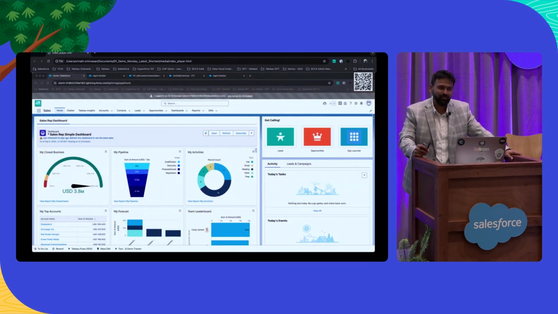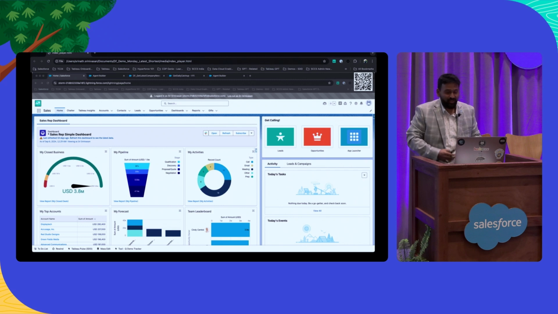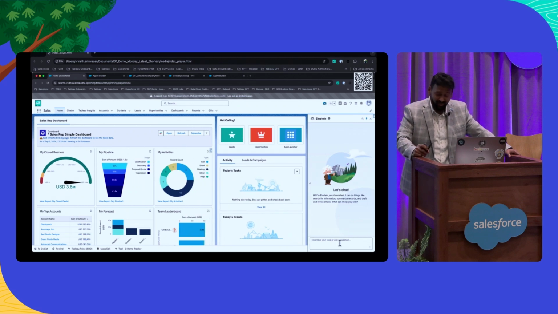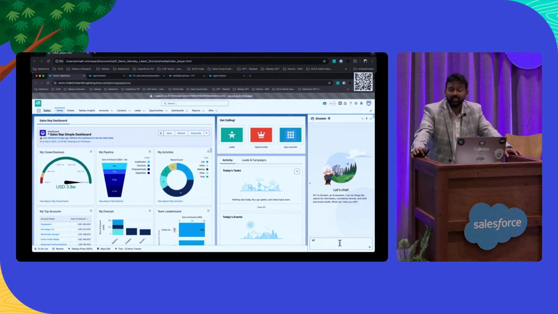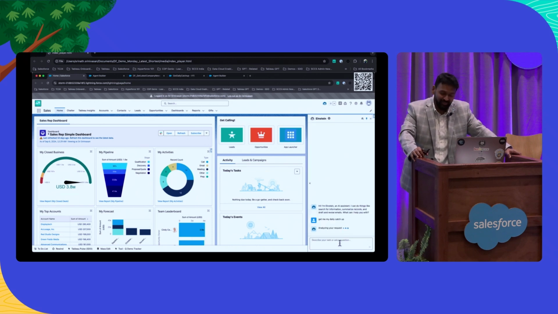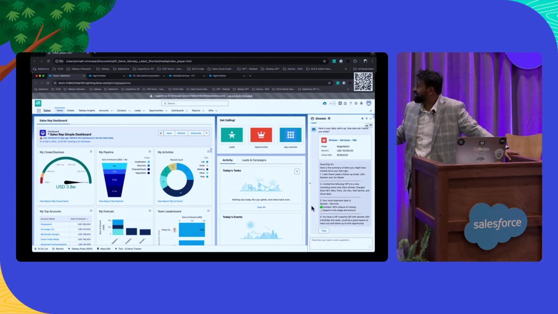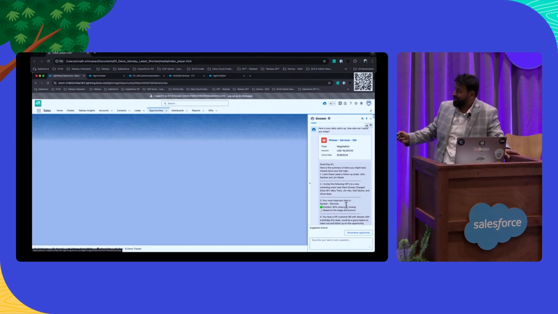Let's get the persona of Jake and see how it is for Jake. Jake comes in in the morning, all ready to go. He logs into his system, goes into his Agentforce tab, and asks the question, hey, catch me up on the daily updates. Give me a daily update. Once Jake does it, the system does exactly what we've been seeing, understands his request, and gives him a response. It provides him with information such as, hey, I've sent these emails, I've invited these folks, here is your most important deal. And it calls this deal out here as well, which I could dig into and see.